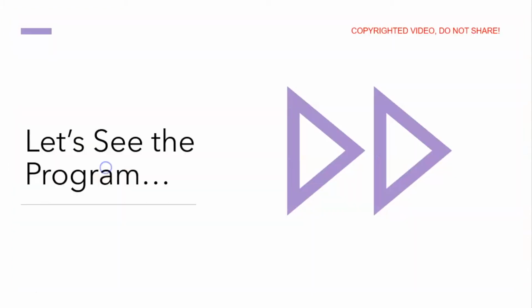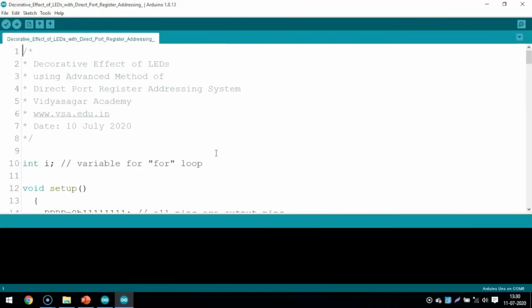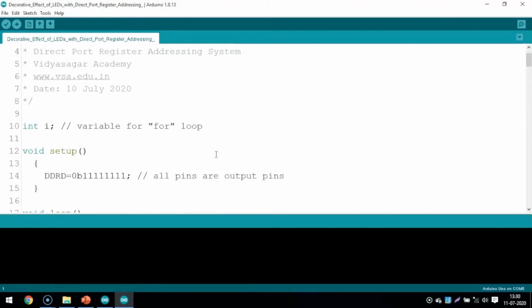And then let us start to write the program, and let us see how each code line has a particular meaning in that program. So let us move to it. We have to understand each and every line in this program.